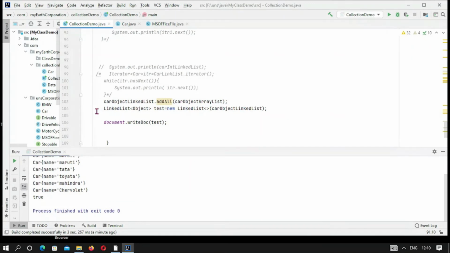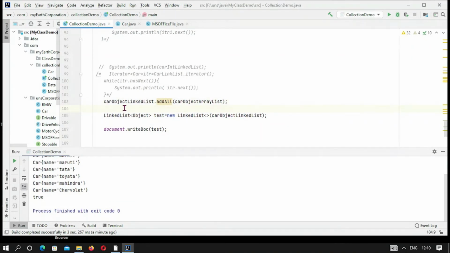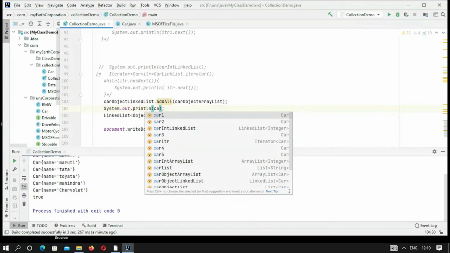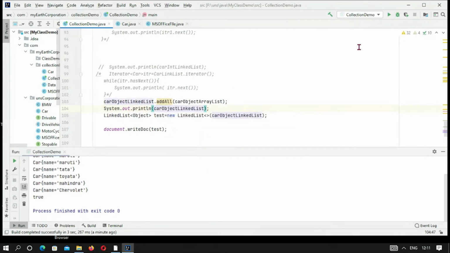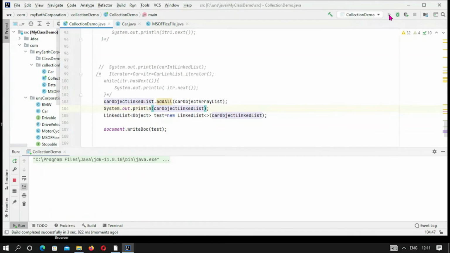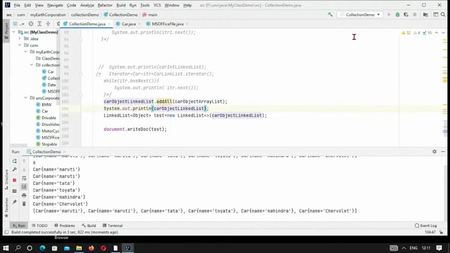Now let me print out in the console the car object linked list. Let us first see the list of this one, and after that we will traverse it.